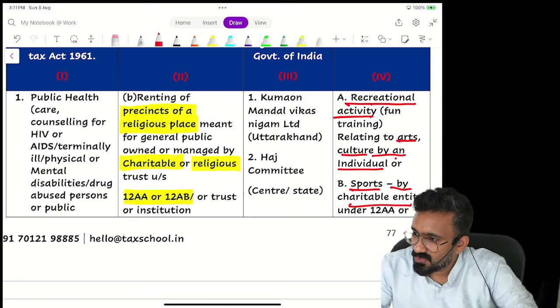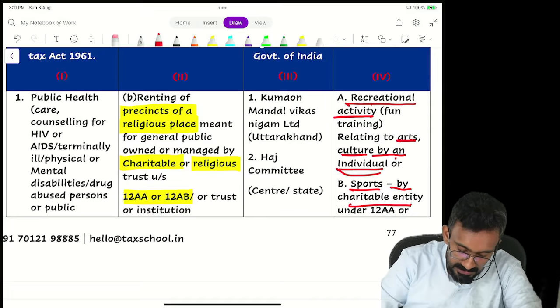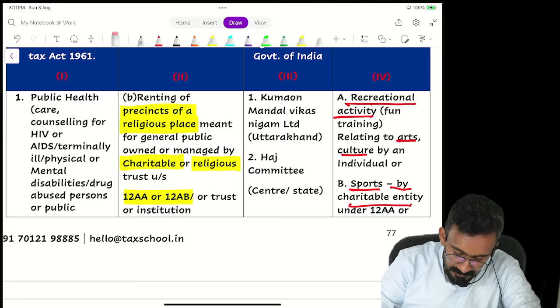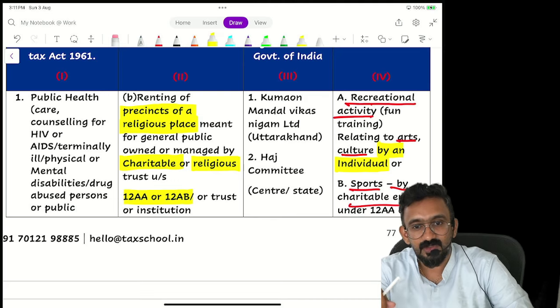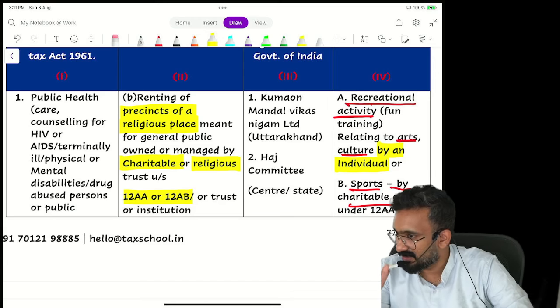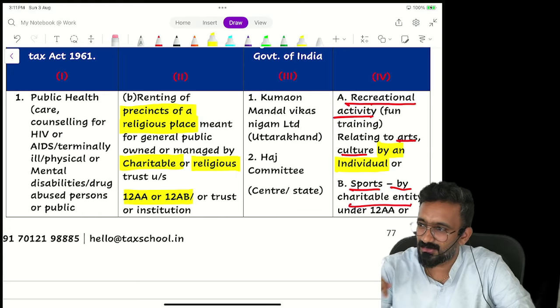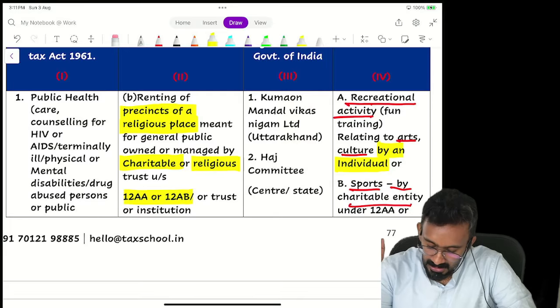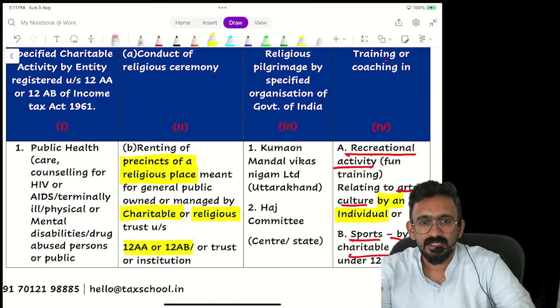Okay, it's a very structured one, and they've tested it. When they made this amendment, they added the word individual of late, and they tested that in one of the examinations also. It was a compulsory question. So amendments are very important when they make them in an exemption as well. But this time amendments are fewer, so last time's amendments will become important this time. Now let's look at this structure. Say training or coaching, fun training. Suppose you have a cultural festival happening here. Is there a cultural festival you have here? This academy?